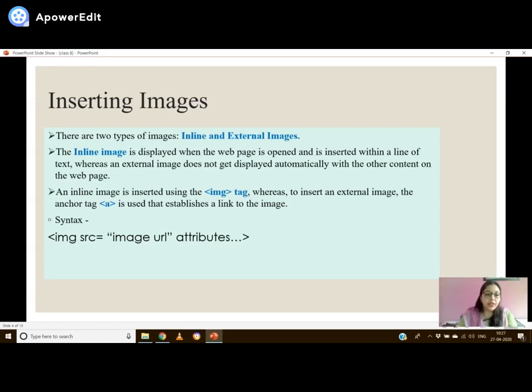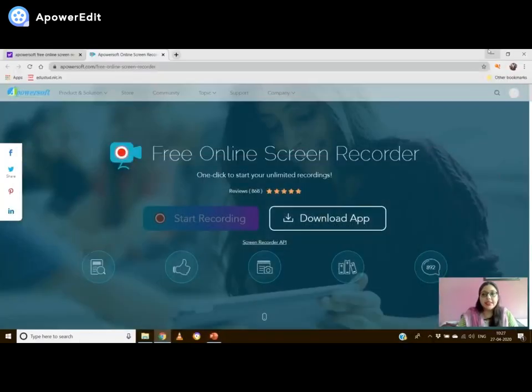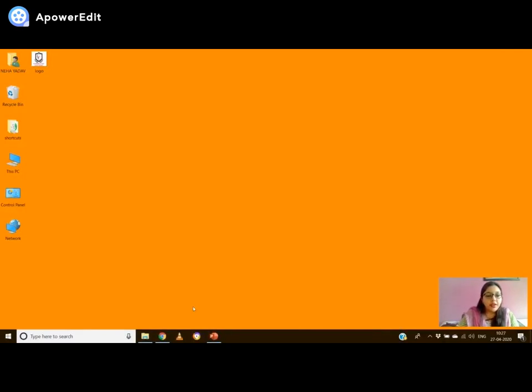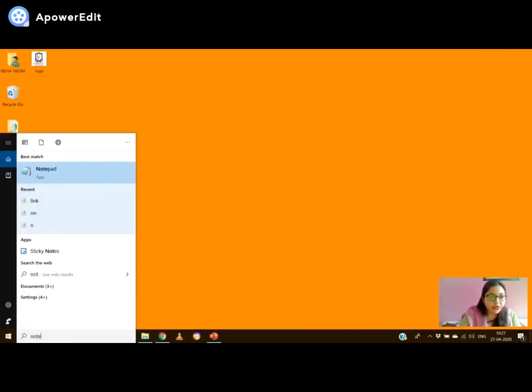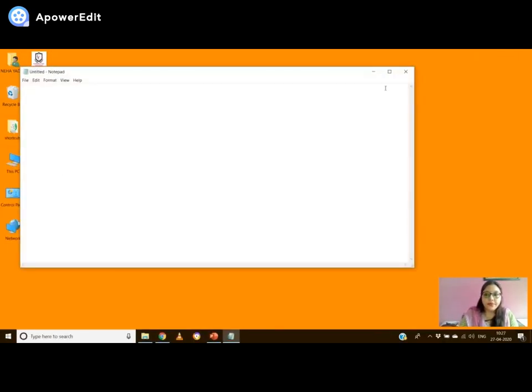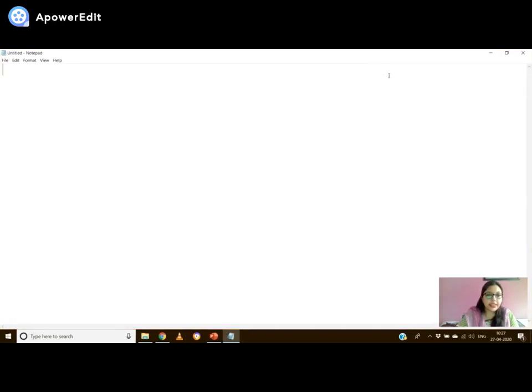So before understanding further attributes and everything, let me show you how you can insert images in your notepad HTML. So let us first open our notepad. Notepad is the text editor, the first basic requirement for writing HTML codes.